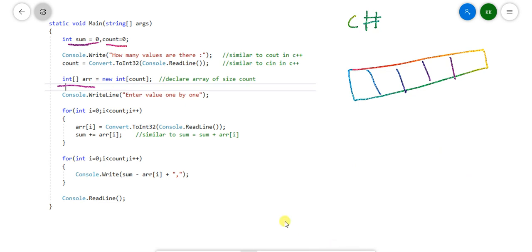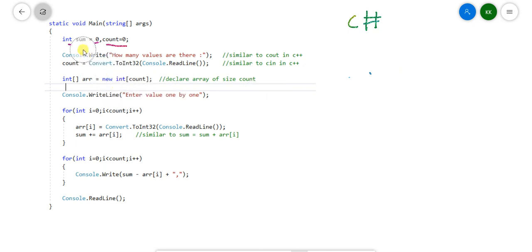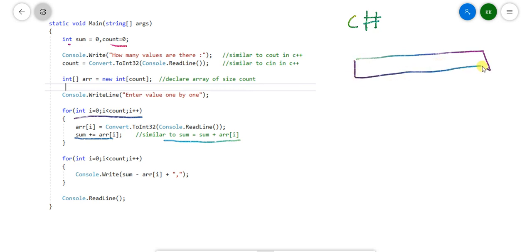So enter the values one by one. What we have done here is use a for loop to take the values one by one, and this is similar to sum equals sum plus the value. It will sum all the values. Let's have a look.